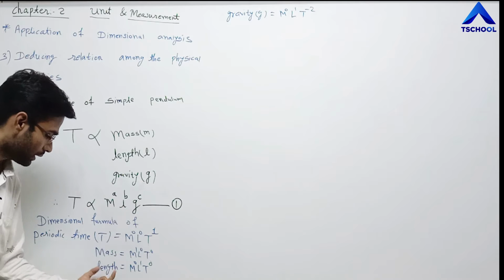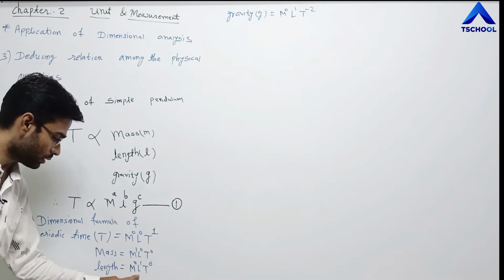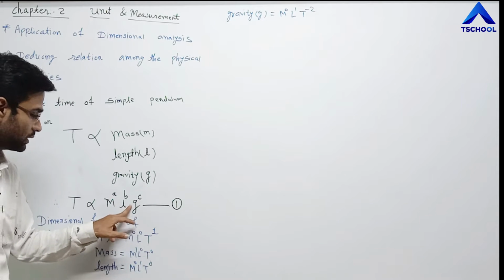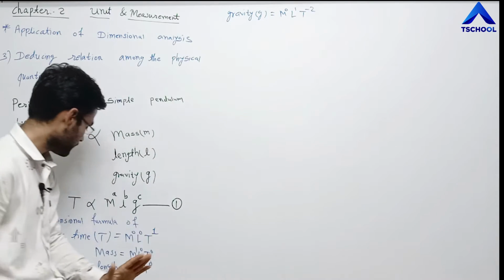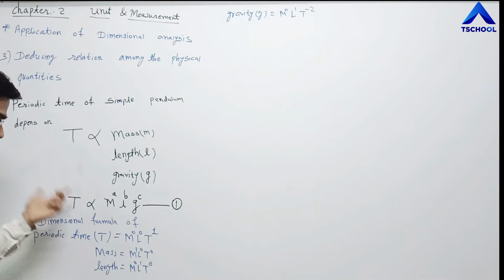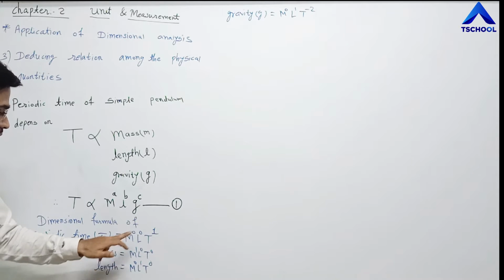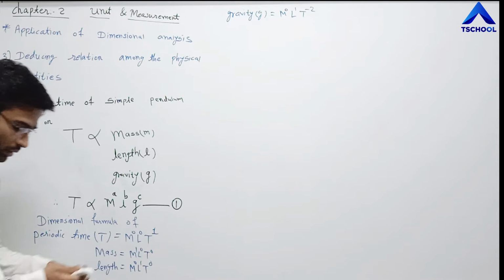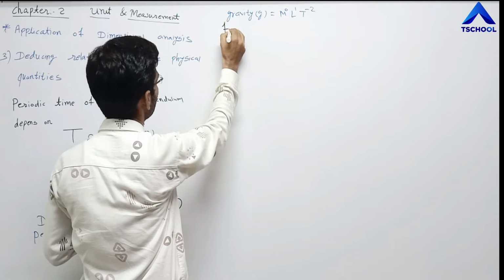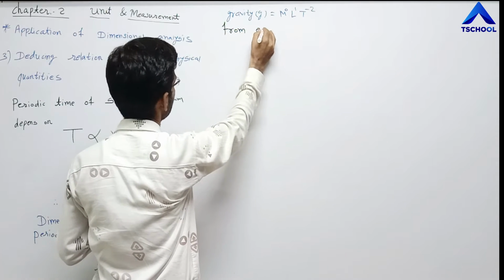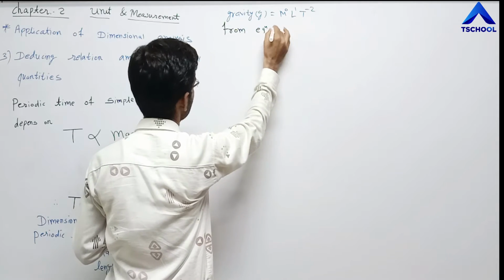Instead of l we can write m0 l1 t0. Instead of g we can write m0 l1 t minus 2, and instead of T we can write m0 l0 t1. Now from equation 1,